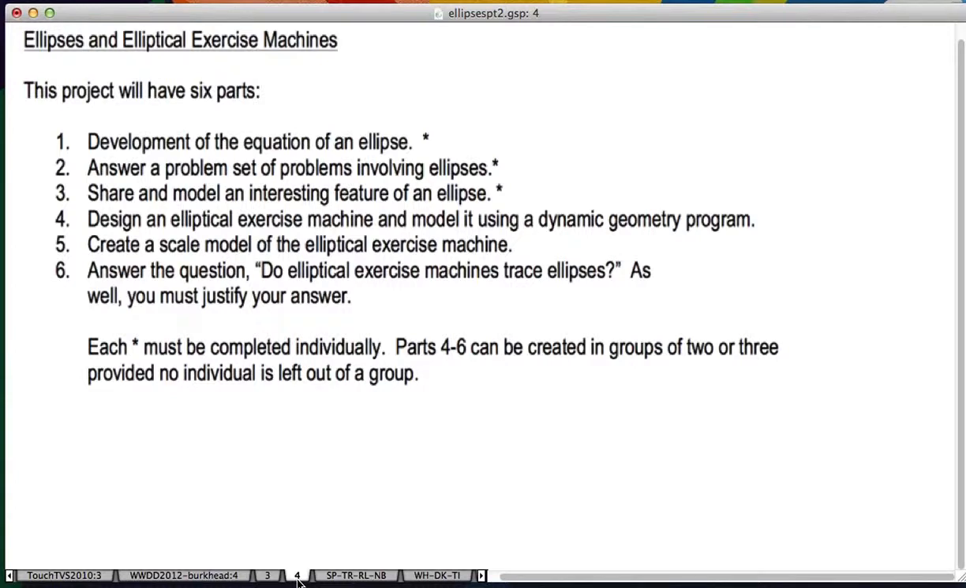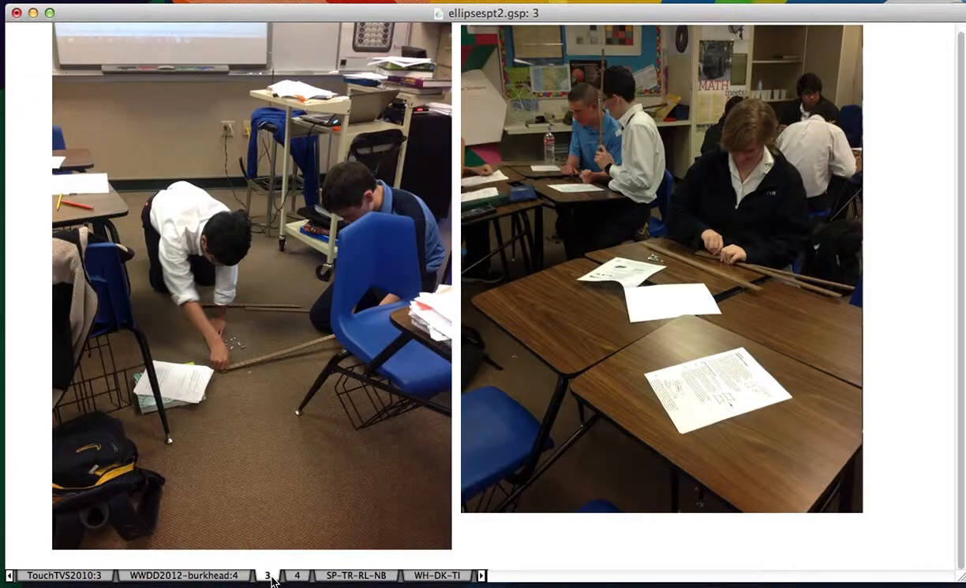We have completed parts 1 through 4 and 6, but we're still in the process of building a model. Part 4 required the model to be constructed on a computer, and part 6 had the students answer the question, do elliptical exercise machines trace ellipses? I went to Matt first to really get the kids introduced to working with quadrilateral linkages,